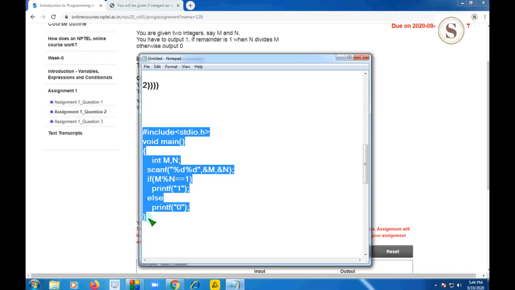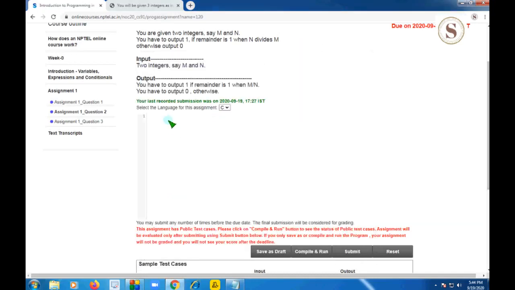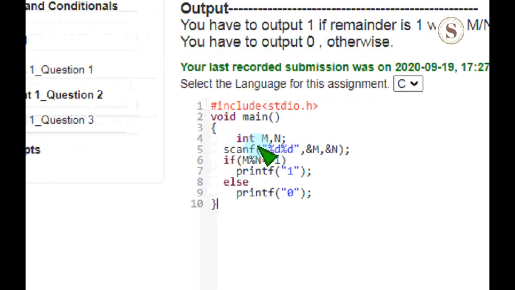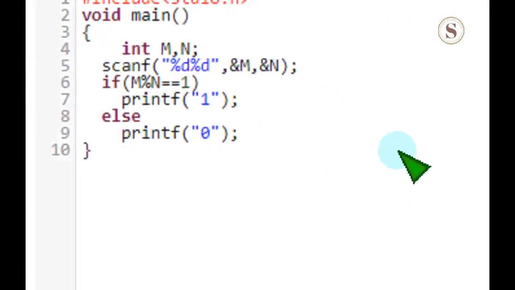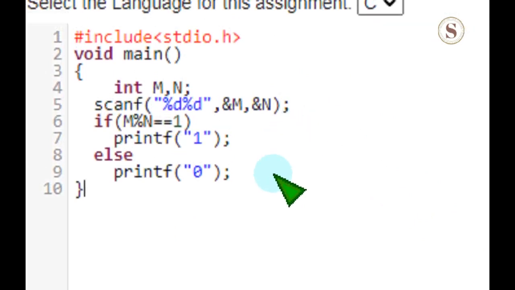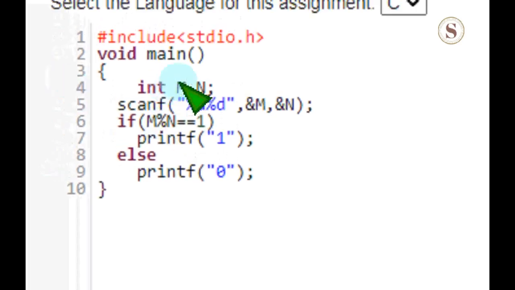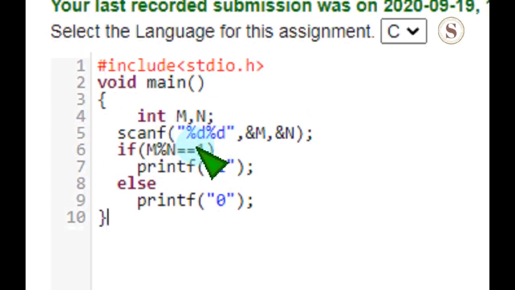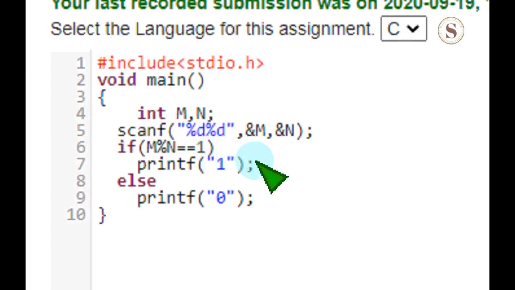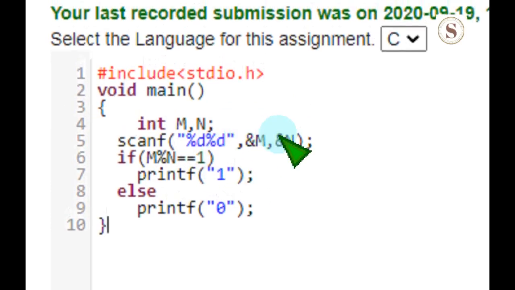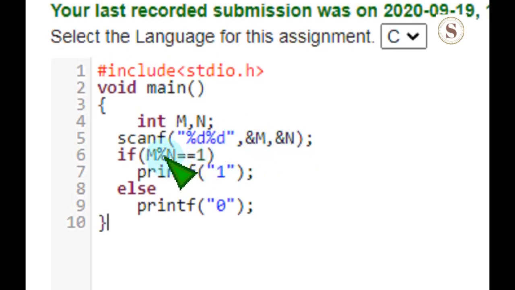I'm going to copy this and paste it here, and zoom in. So friends, I'm sure you are understanding well. Here we took two integers m and n, and as in the previous question, the first %d represents &m and the second %d represents &n. Here the percentage symbol means remainder.